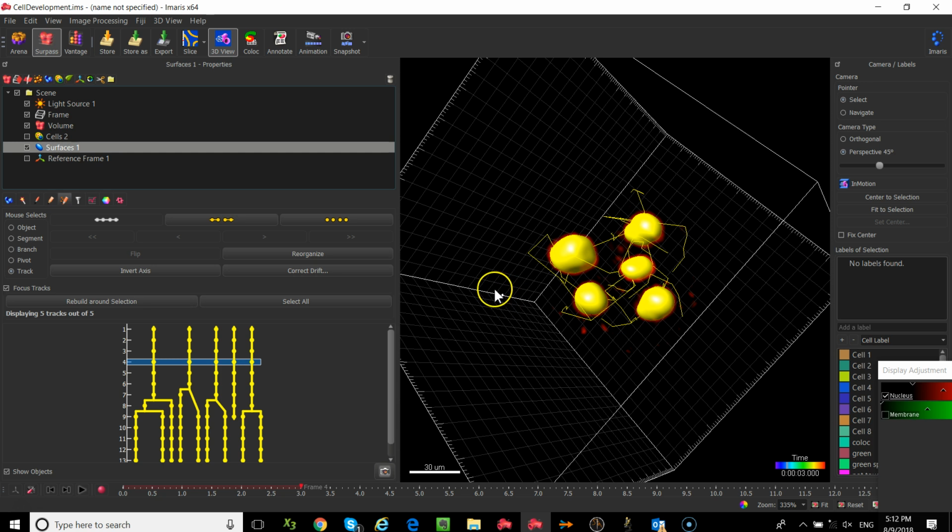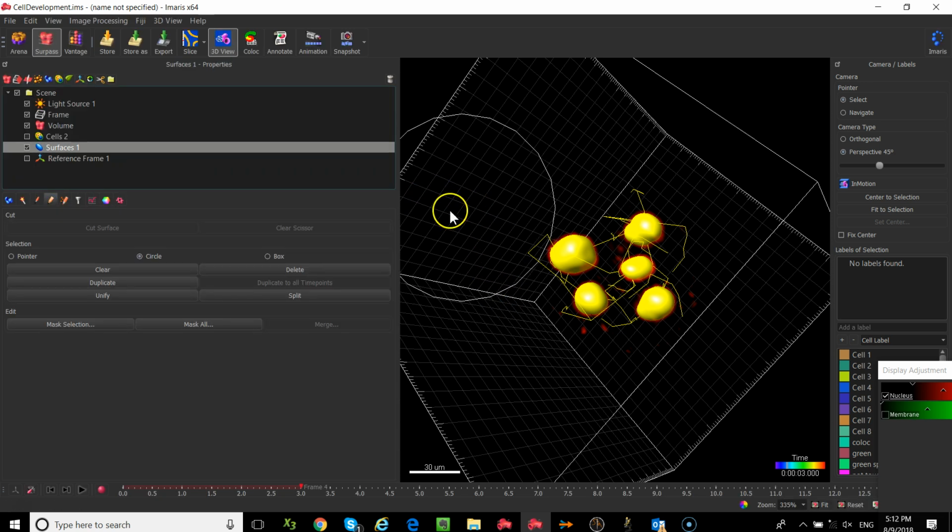So the last step with selection. Okay, so what I did is I went into the Edit tab, and we have a new tool that allows you to select multiple objects at one time. So instead of having to go in and hold the control key down and click, click, click, click, click, now